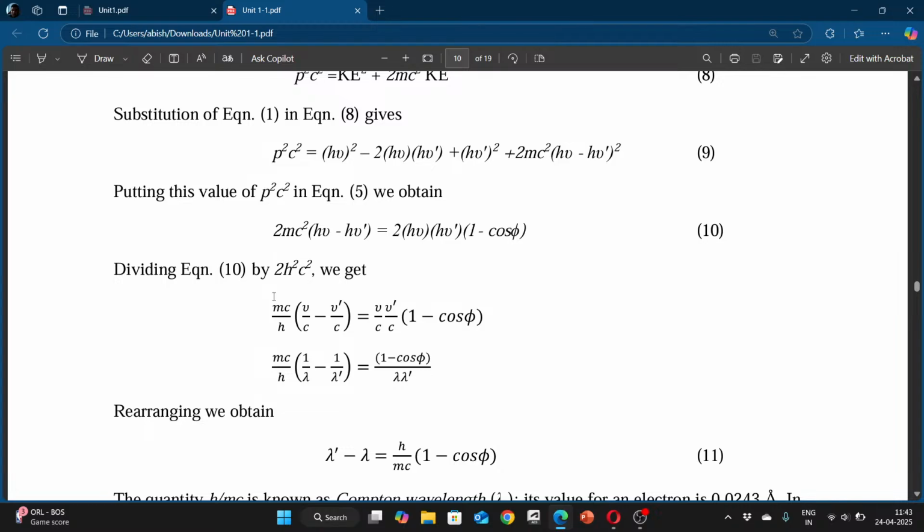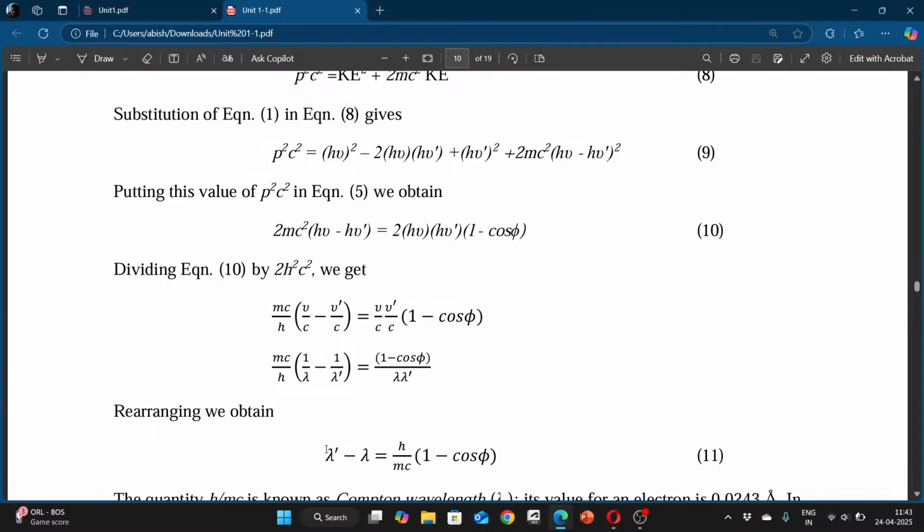तो उधर 1/λ − 1/λ' = (1 − cos φ)/λλ'. अब इधर उसको थोड़ा रीअरेंज कर दिया। कैसे? तो h/mc उधर ले गए, इधर उसको ले गए, तो λλ'/(λλ') × (1/λ − 1/λ') = h/mc × (1 − cos φ)। ये तो राइट साइड h/mc × (1 − cos φ) आ गया, इधर लिखे।